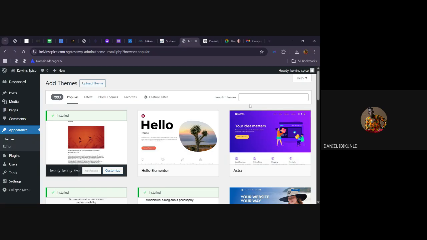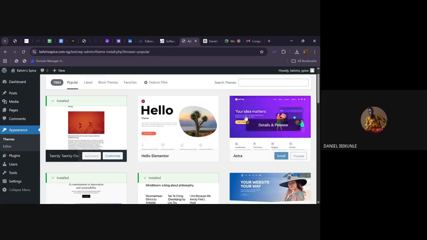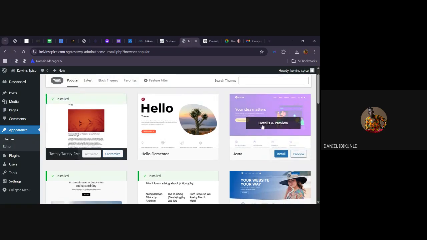Most of the templates here are free, but what we are going to be using to work tonight is this Astra template. Most of the templates also have paid versions, but we have some themes that are free, that have free templates inside them. And one of them is Astra, best responsive and simple